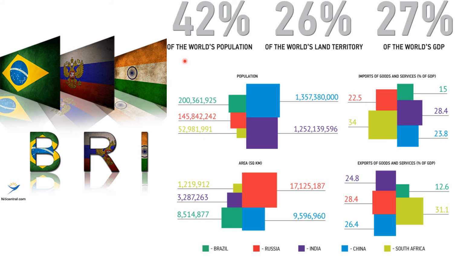These countries combined account for 42% of the world's population, so a very large amount of the potential workers and consumers. Nearly a quarter, or just over a quarter, of the world's land territory, so accounting again for a large amount of the resources available in the world. And again, slightly over a quarter of the world's total GDP, and this number has been rising significantly over the last decade. So these are very significant players in the global market. They're growing very quickly, they're very large, and so very important for businesses to consider this group of countries.